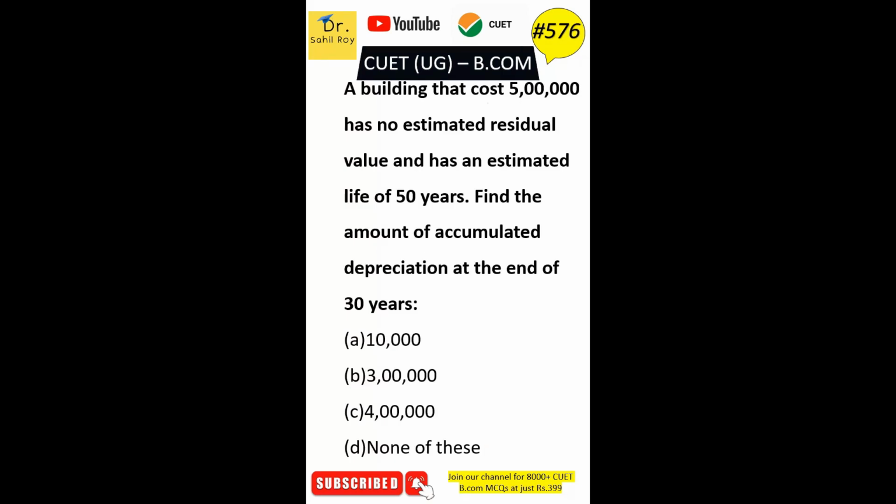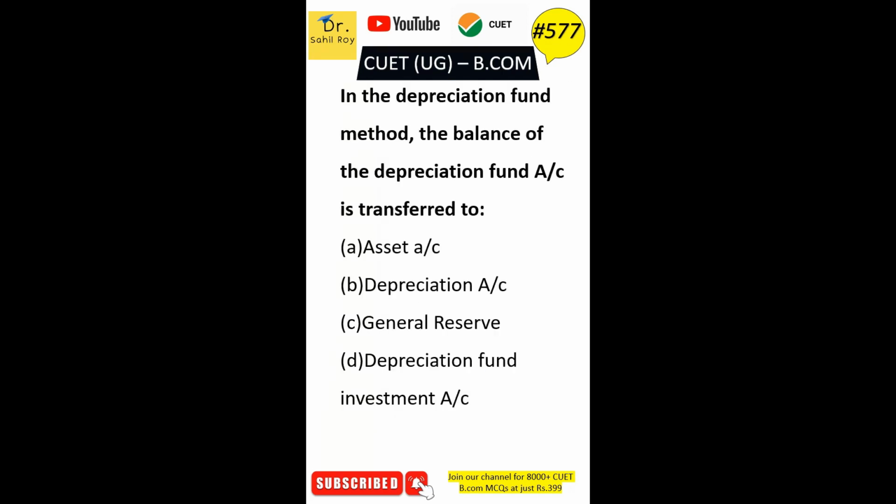A building that costs 5 lakh has no estimated residual value and has an estimated life of 50 years. Find the amount of accumulated depreciation at the end of 30 years. Option A 10,000, option B 3 lakh, option C 4 lakh, option D none of these. इस क्वेश्चन का सही आंसर है ऑप्शन बी 3 लाख रुपीस। आप इसे सॉल्व करेंगे, आपका आंसर 3 लाख ही आना चाहिए क्योंकि यही सही जवाब है। ऑप्शन बी इज द करेक्ट आंसर।